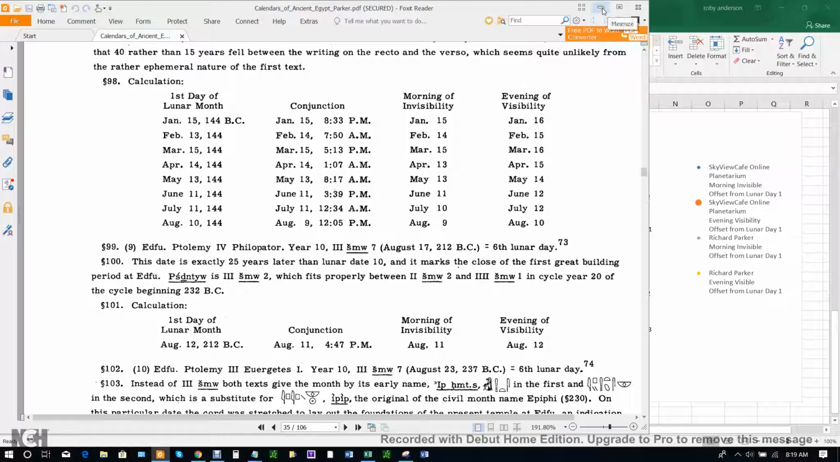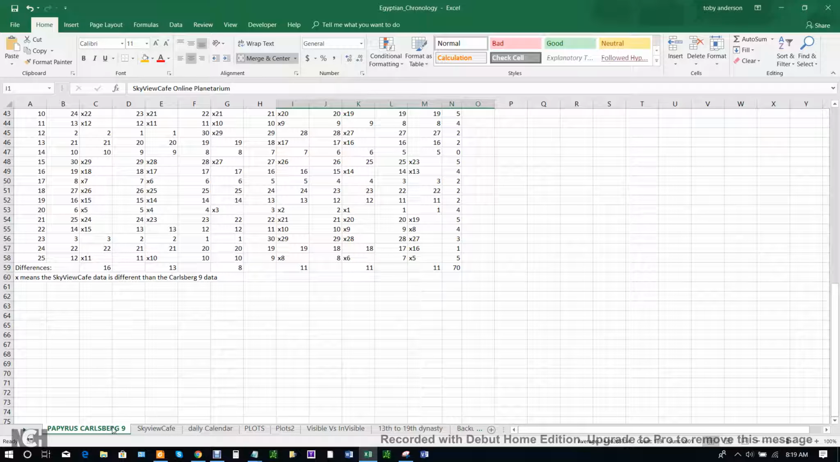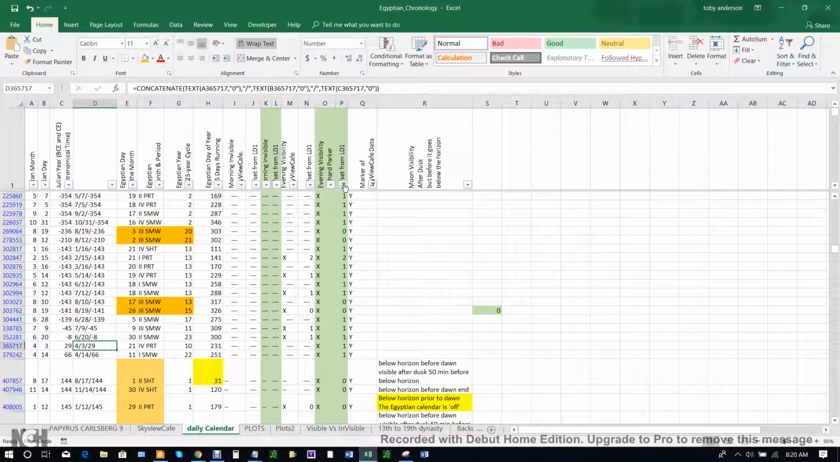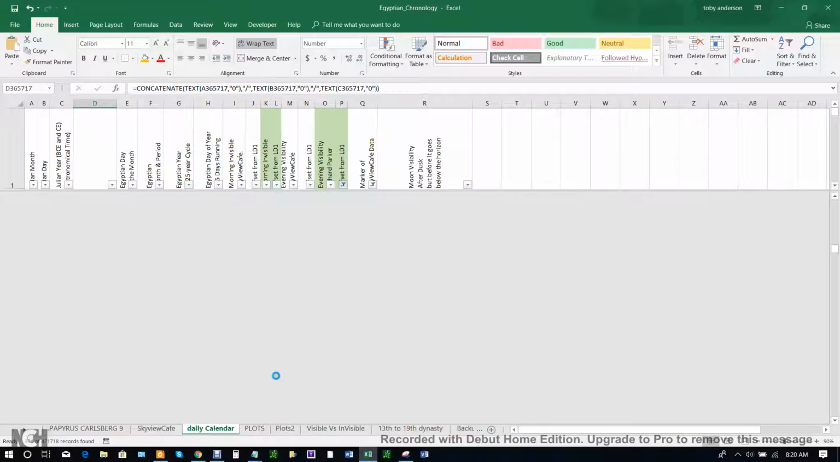So what I did was I put it in an Excel spreadsheet. I don't know if anyone else has done that. I'm sure people have, but I don't know of any data. Basically I put it in an Excel spreadsheet, and I can use filters and stuff like that. If I take all the filters off